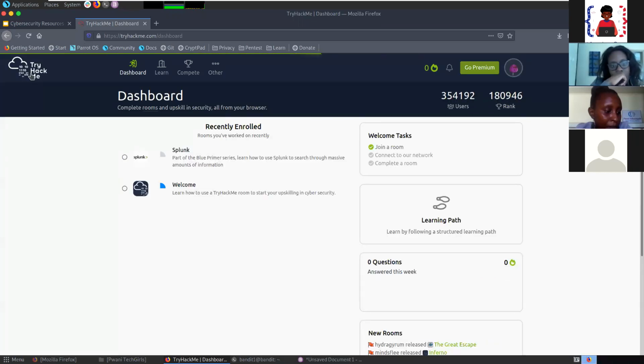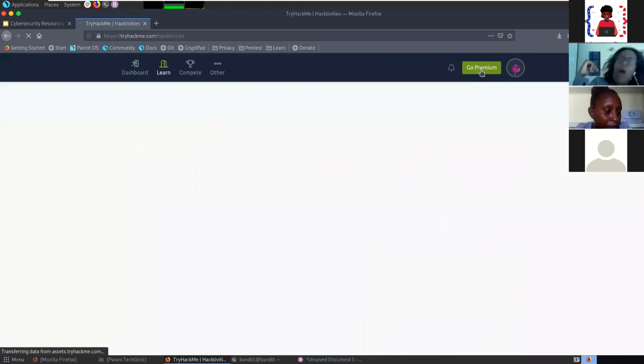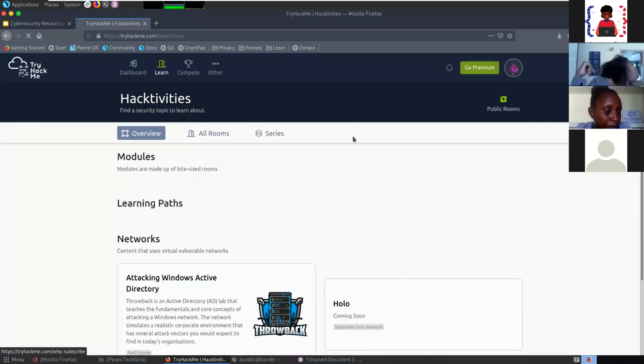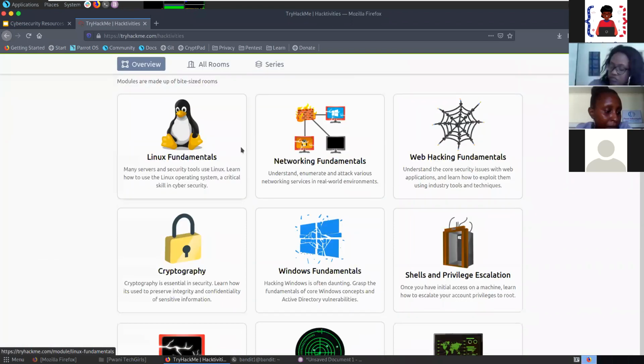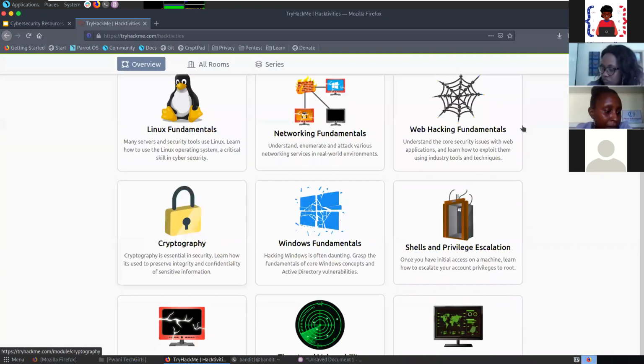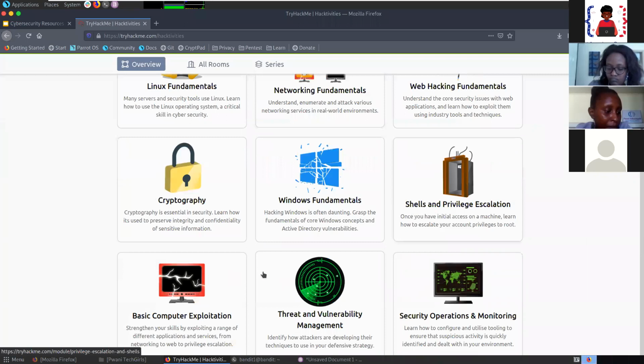And again, as I said, everything here is free, unless you want to go premium and pay for the advanced level. As you can see, there are several modules here you can learn for free. We have Linux fundamentals, networking fundamentals, web hacking, cryptography, Windows fundamentals, shells and privilege escalation, basic computer exploitation,